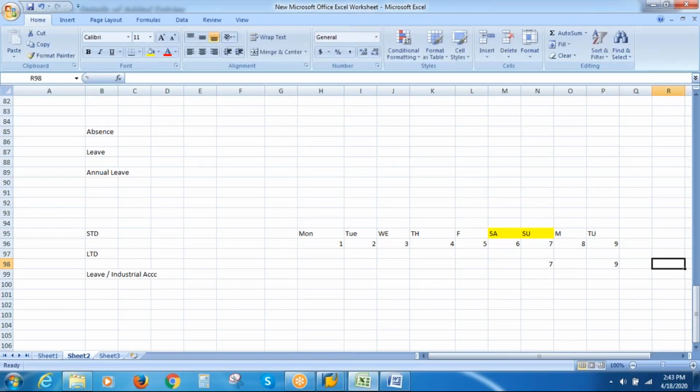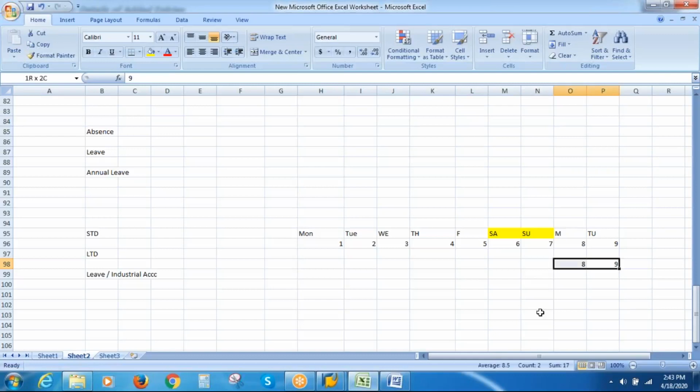While booking the absence, I'll not be able to see the day of the week. What I can do is give the dates, so I give 7th to 9th. But when the actual absence is being booked in PA30, the system should throw a message saying that the starting date of your absence is a day off. So the user should correct the dates and say they want the absence from the 8th onwards, because the 7th is already a day off. Why would I want to book leave on a day off, right? So that is called absence input check.